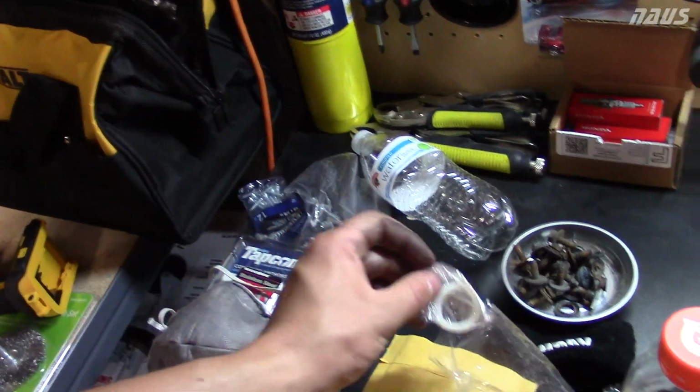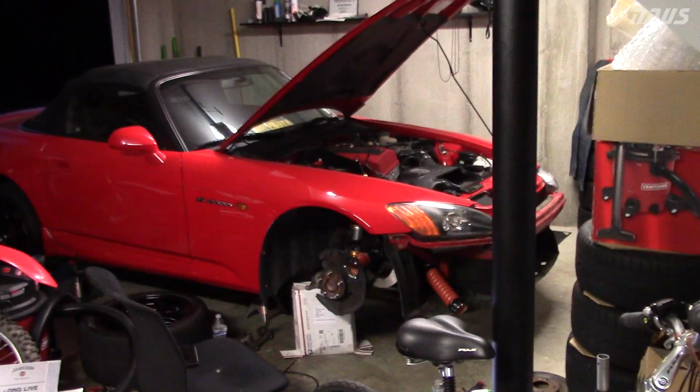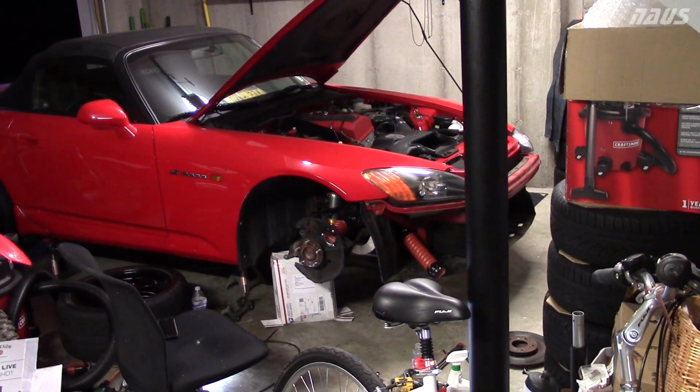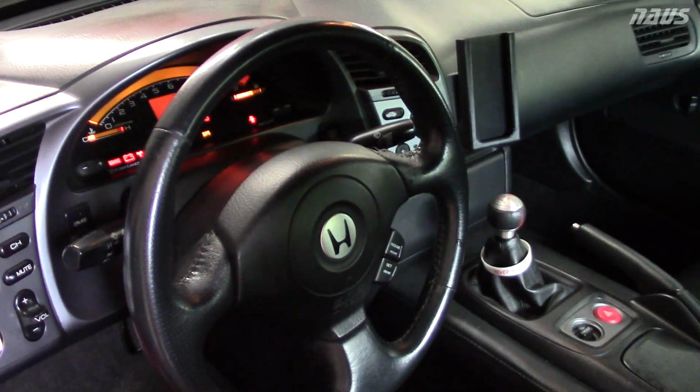I got 6 in a kit. I only think I'm going to need to put 1 on each side, but I'm going to put 1 at a time on each side and then do full lock limiting on the steering and show you guys the tire clearance underneath the car. Alright, so I'm going to show you guys here the steering rotation limits of a factory